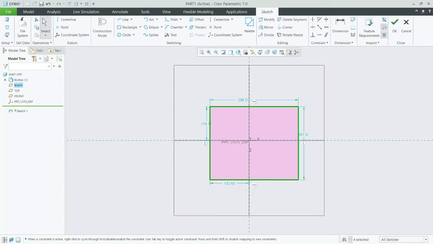Before that, you need to give some center lines so that it will be symmetric. So I am giving here one center line, and here I am giving another center line. Okay, middle click. Then you can go with some constraint. So here in Sketcher you have some datum system, construction mode, then sketching